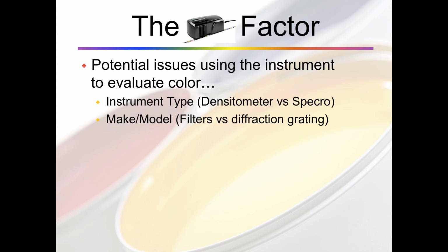Next, let's talk about the make and the model. There are a few different device manufacturers today. Some of them use different types of technology in their optical design. Some devices use a filter system that passes light reflectance back through a number of filters and takes its measurement that way. There are other devices that use a system called diffraction grating, which passes light through a prism and then takes measurements across the spectrum through the prism to get its measurement. Both are perfectly good systems, but it's important to know which one you're using.